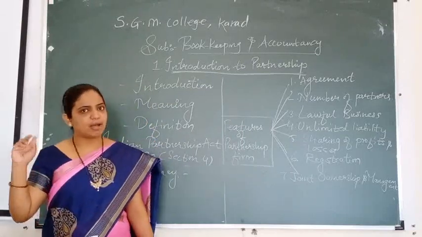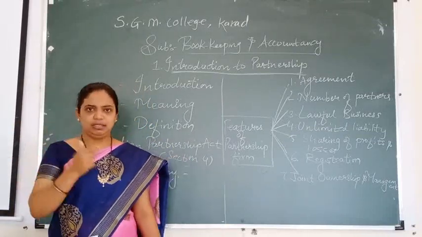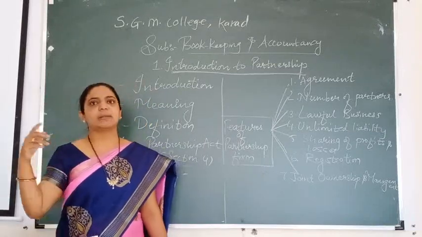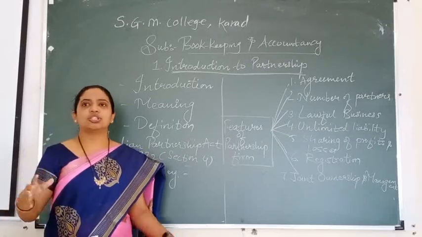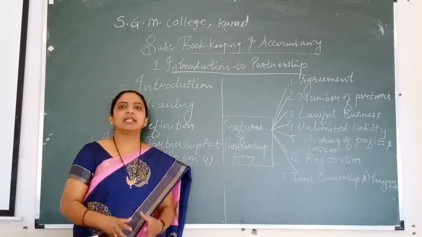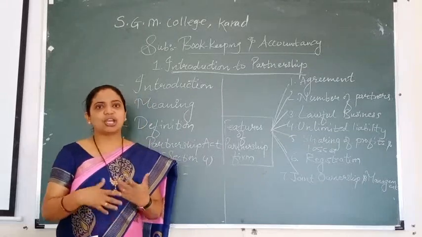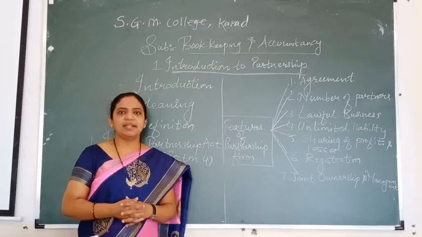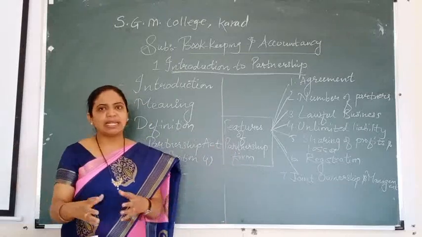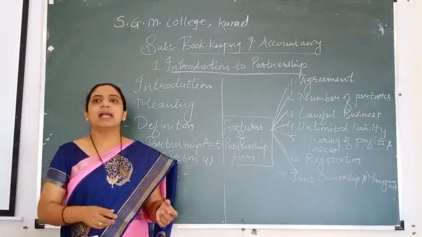Commerce students know very well the forms of business organization: sole trading concern, partnership firm, joint family business, cooperative society and joint stock company. This is one of the chapters from OCM, but the partnership final account is in accountancy. So here ownership is joint, and every partner has equal rights. The management is done by the partners themselves, depending upon your capacity and capabilities, and the work is provided to you. So joint ownership and management is there.